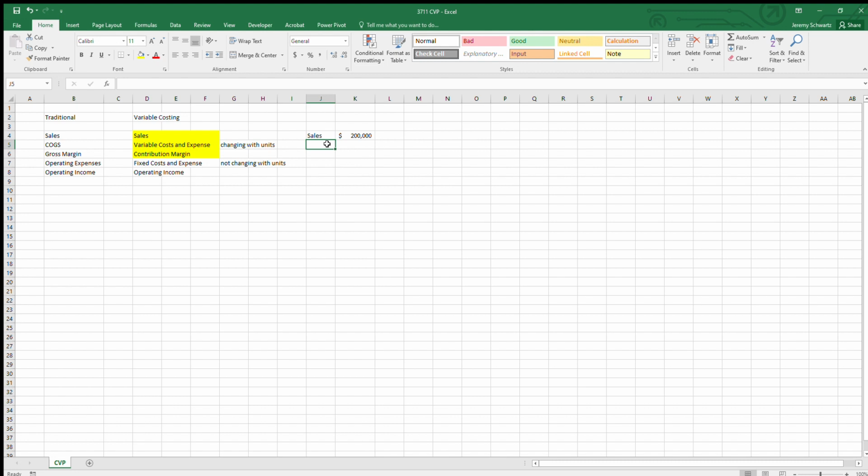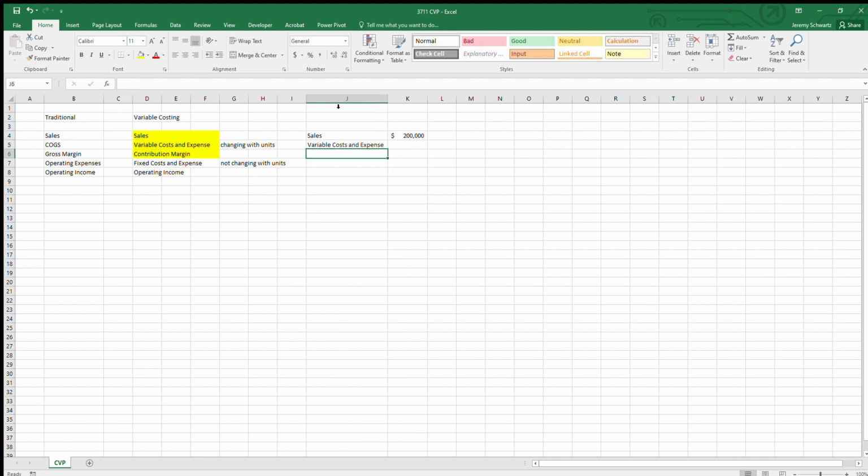And then we'll have our variable expenses, costs and expenses. And since this takes up a bit of space here, I just want us to remember that it's not just cost of goods sold, but also other expenses, maybe say like shipping and sales commissions and such that will vary with the number of units produced and sold. So let's say this is 80,000, and say that we have our fixed cost and expense